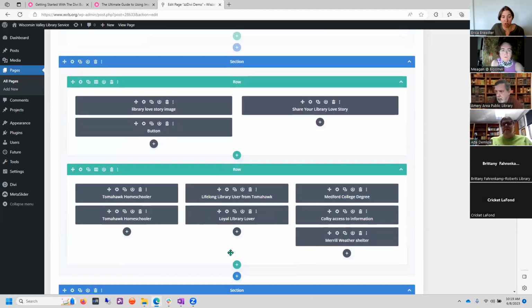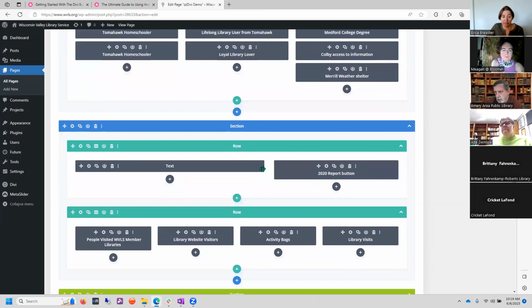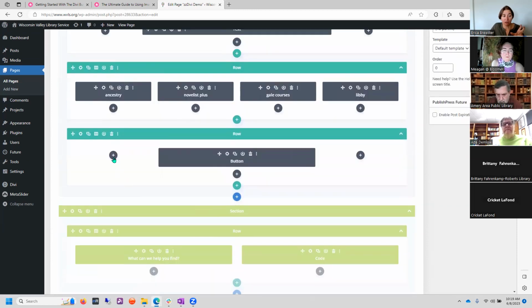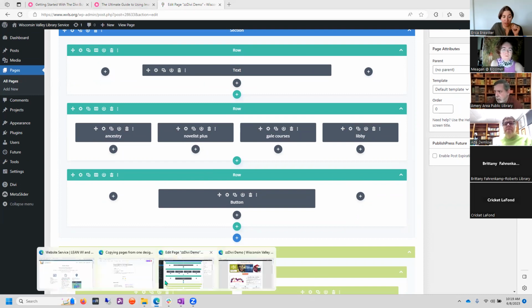At the same time, knowing the backend builder can be very useful, because sometimes you need to get in and figure out the content of one thing or how that structure is. Here's the example around the button, and again around the text box that we just looked at. We see on the back end very clearly that there is room to add modules on either side that are currently empty. But on the front end, when we look at that again,